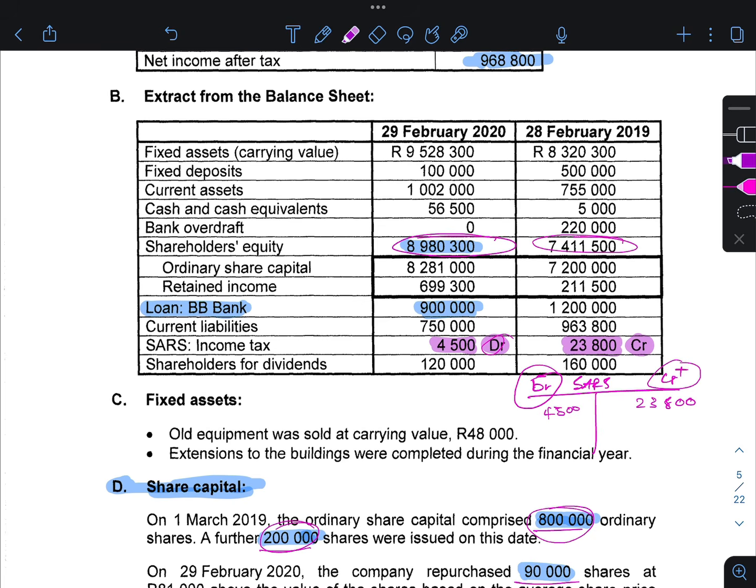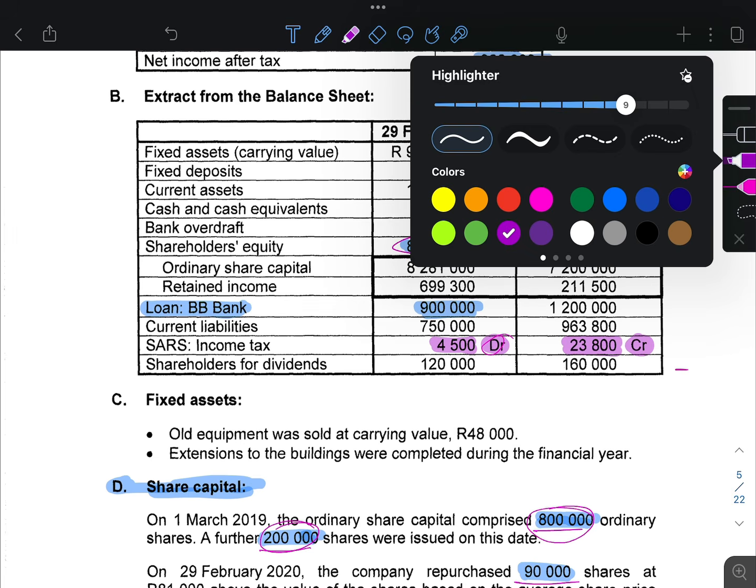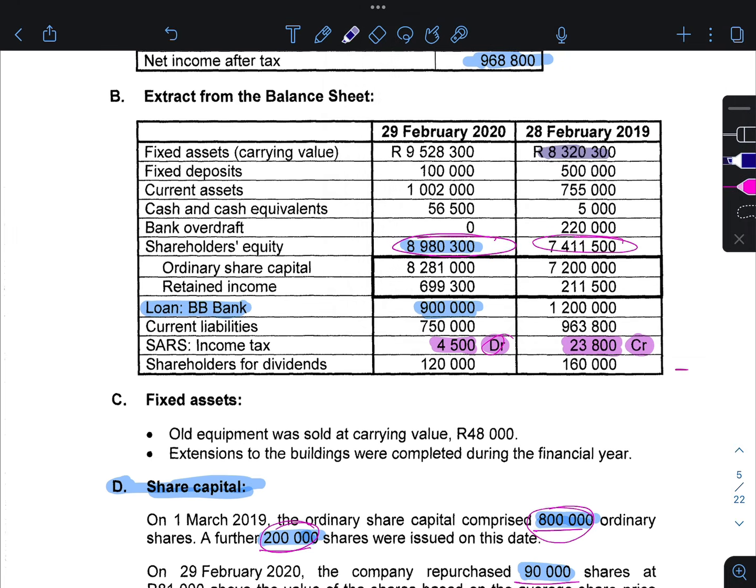So your fixed assets, at first you had, okay, let's just work on the space. At first you had fixed assets of 8,320,300, and at the end you had a closing balance of 9,528,300. So let's work that out. So your 9,528,300 is equal to your 8,320,300